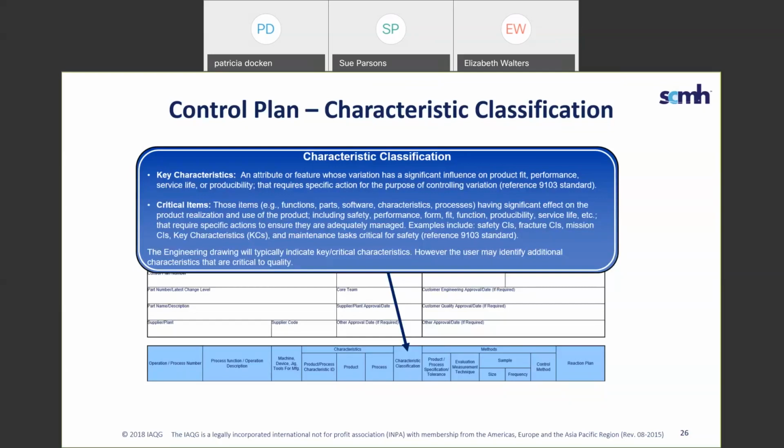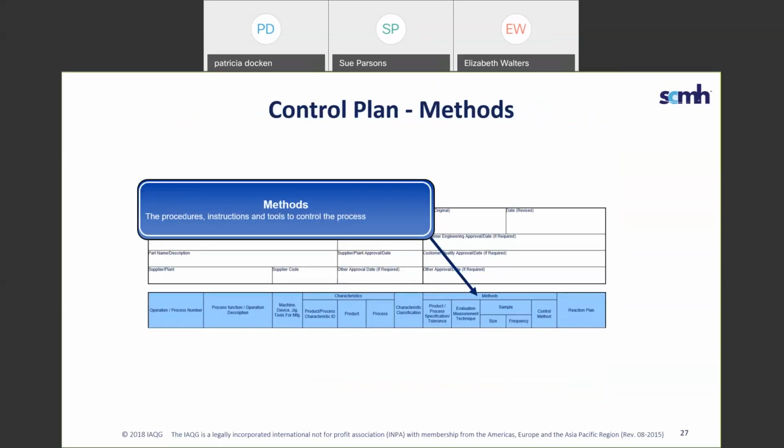Next slide, please. There's a section to document the methods that are used to control the product and process characteristics. Methods can include life and usage controls like cutting tool usage controls or first off confirmation checks or checklists and test pieces. Could be visual process checks, first piece checks, test piece evaluations. We would include things like the error proofing devices, to really try to prevent the defects from being made, or at least to ensure that we can detect the errors prior to passing on to the customer.